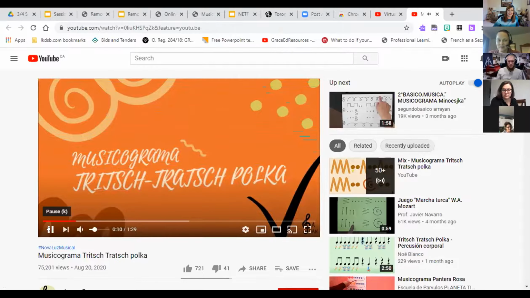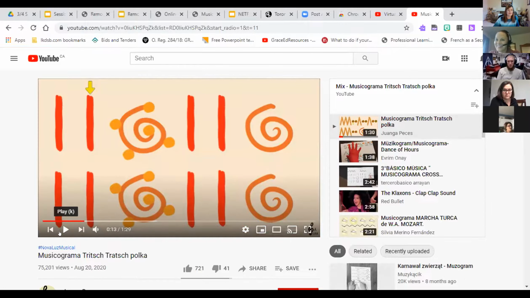And then they can make their own as well. Sorry, how are they making their own? So you can see beside it how the person has the hand there that's tracing the lines. Or the one called the mix, the polka at the side here. Yeah, that one. And so all of those lines are provided. So, dun, dun, dun, dun. And so then they take a song and they create their own pattern for it. And then everyone in the class has to do it.